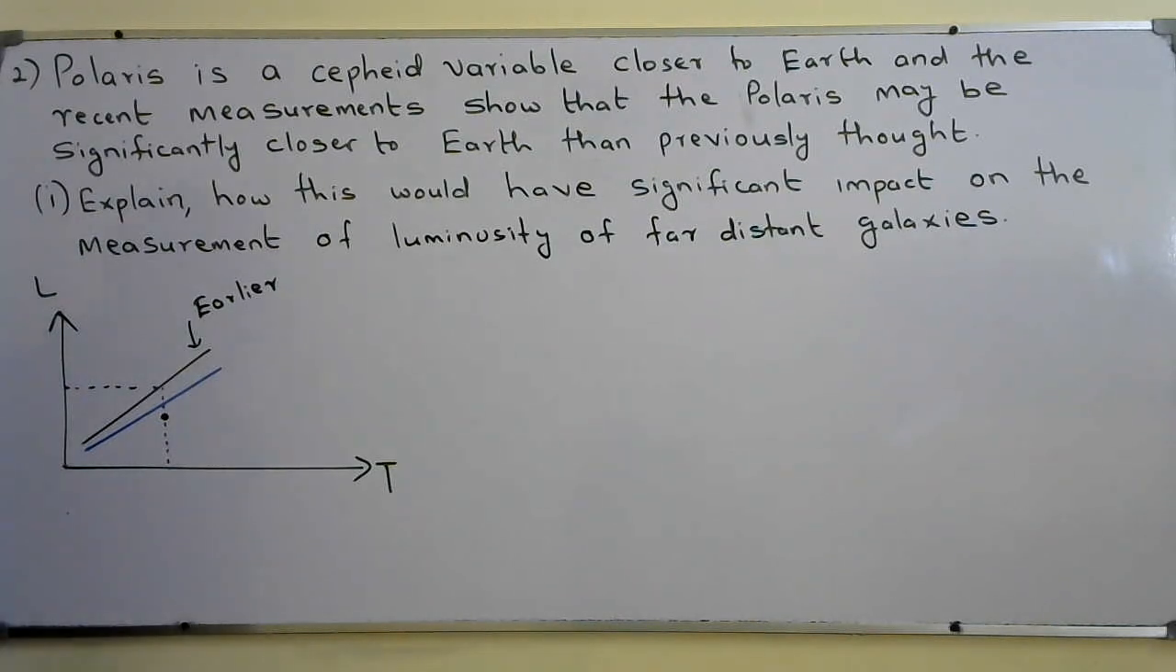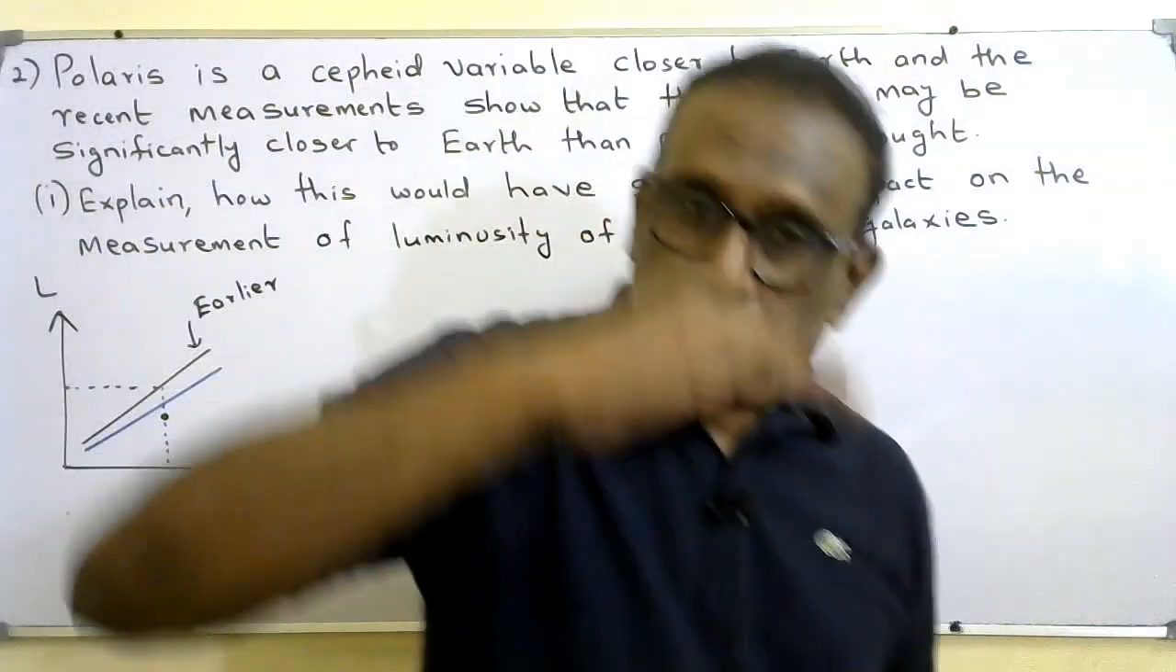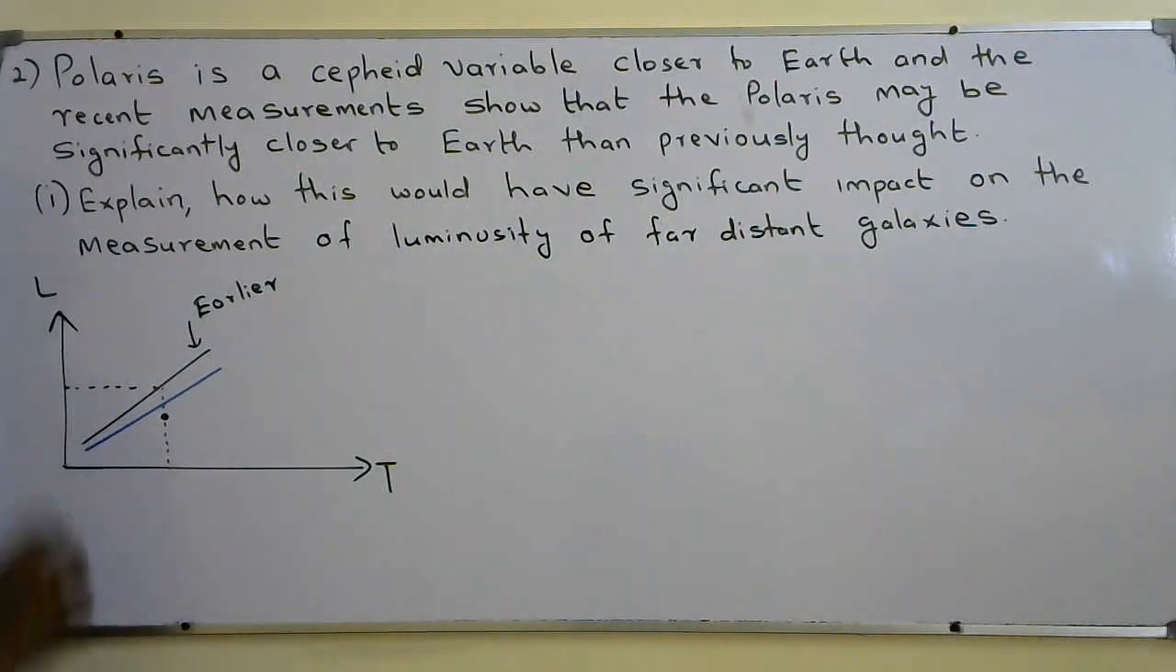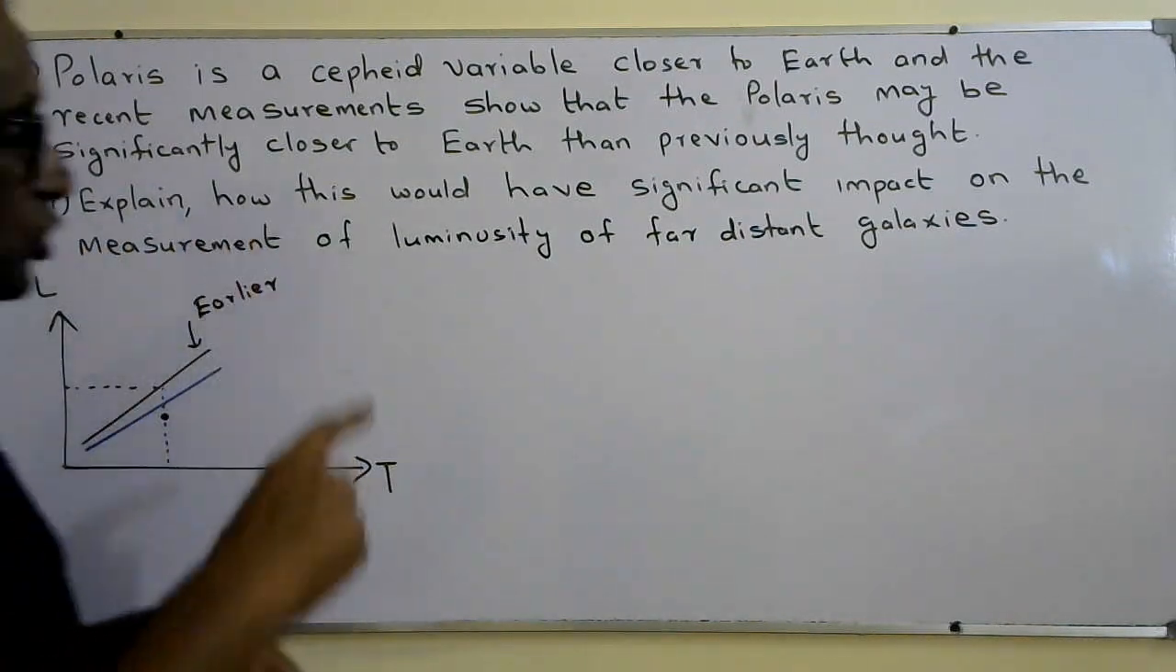So now what's going to happen? The graph is going to be like this, it is going to drop a little bit. The gradient will drop a little bit. Okay, so when the gradient drops like this, the question is how is it going to affect the luminosity of